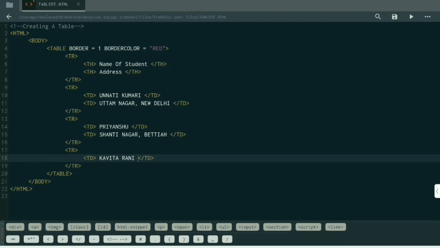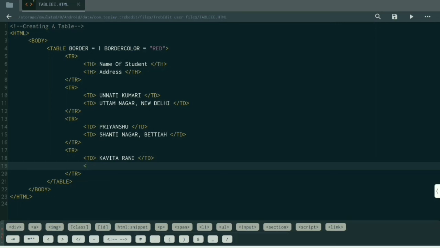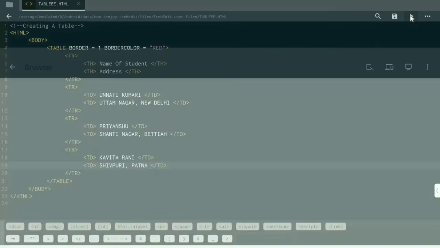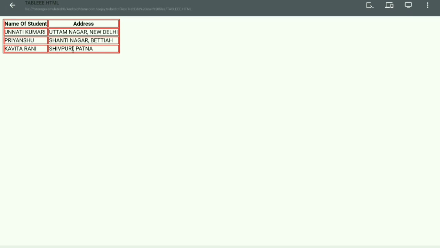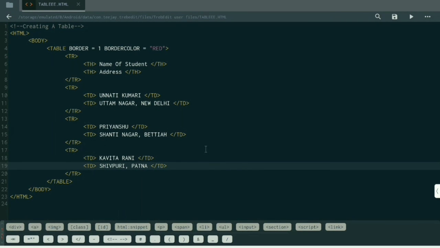Kavita Rani, name of a student, and address Sivapuri, Patna. So here you can see I have entered 3 records. In the table, 3 records you can see here nicely. Thank you.